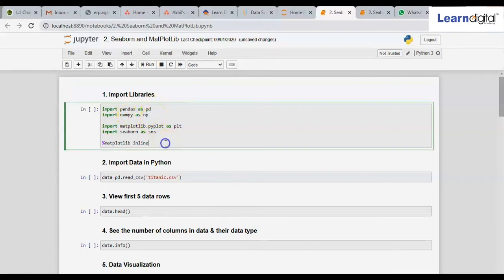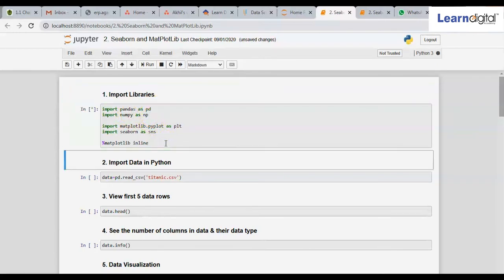Now let me execute this. As you can see, there is a star mark. That means the code is getting executed. As you can see, the number 1 has come. That means the code is executed.